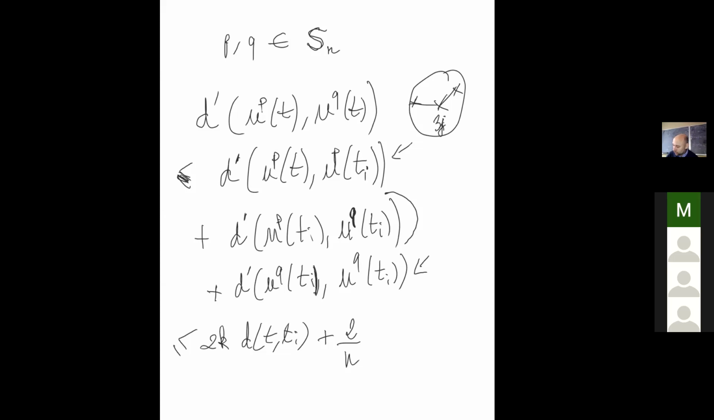Now I can say that, again, the distance between t and t_i is less than 1 over n. So finally I get that this is less than 2 divided by n times 1 plus k. We're almost done. Why? Because you see here,